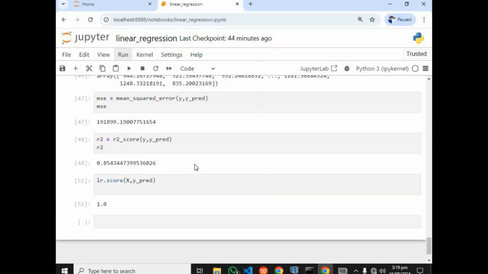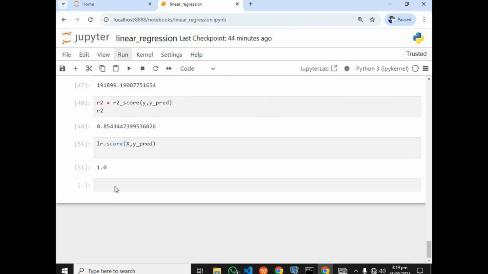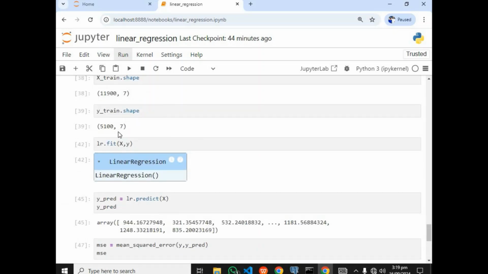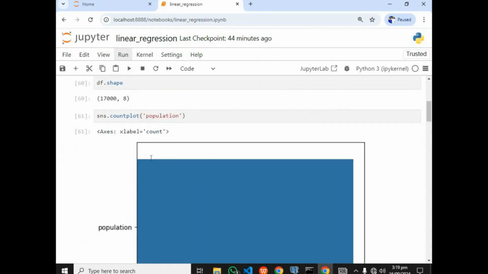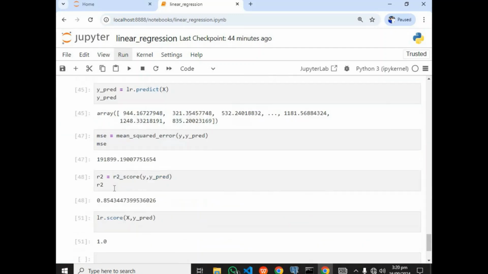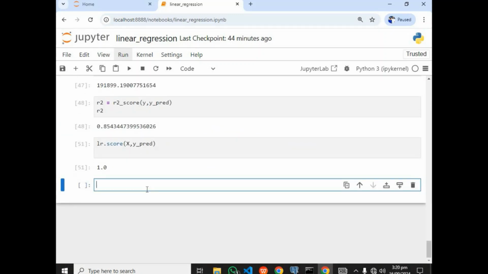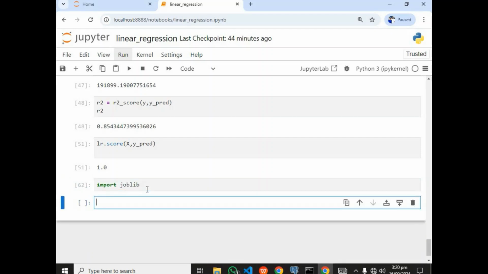Now let's go ahead and save this model. How to save this model? Remember in our last previous tutorial, I showed us how we can save our model. We need to save this model so that we can reuse it. We need to first of all import what we call joblib. Joblib is a library for saving our model. Joblib dot dump,